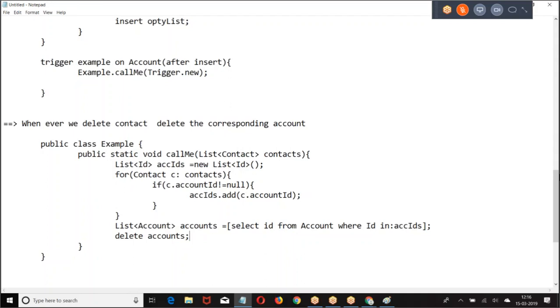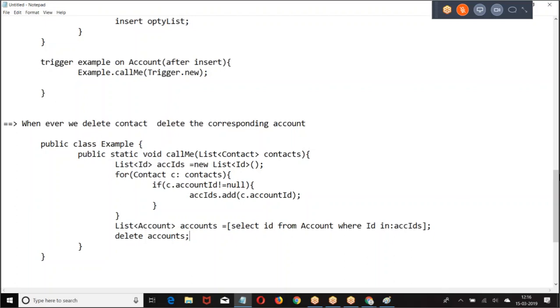There are 12 triggers in the Excel sheet. Try to implement them. I'll upload 20 more trigger use cases in the Facebook community. Already on your notes, in the trigger notes, there are 20 triggers I have given. In the Excel sheet, there are 12 triggers. I'll upload 20 more triggers in a day. You are supposed to implement all of them, right? In the notes, the triggers are already implemented, so you only copy paste them, right?